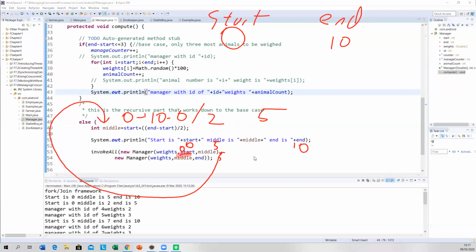And then it's going to go to here, int middle, so that is 5 of a difference. It's not less than or equal to 3. So it's going to go to here, and print off start, and end minus start. So 0 to 5 is 5. So half of that is going to be 2. Yes? Everyone understand that? Yeah?